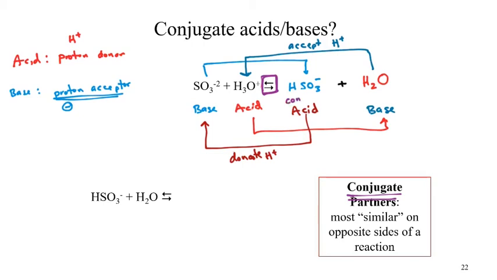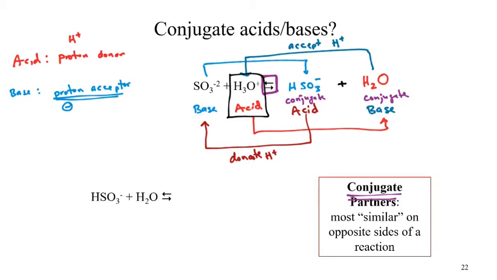Those are conjugate acid and conjugate base. Okay? Conjugate meaning similar to. So the conjugate acid's partner would be SO3 minus 2. Okay? That's their relationship. So now when I ask the question, which one's an acid, you can tell me very cleanly it's H3O+. This clarifies our language and ensures that when we ask simple questions like which one's the acid, which one's the base, we know very specifically which one you're referring to. Okay, and so that's kind of cool.